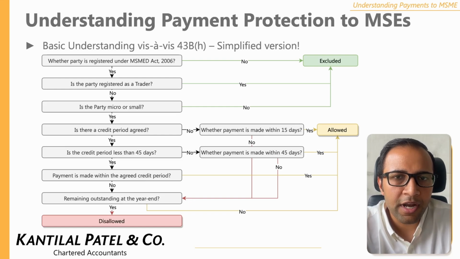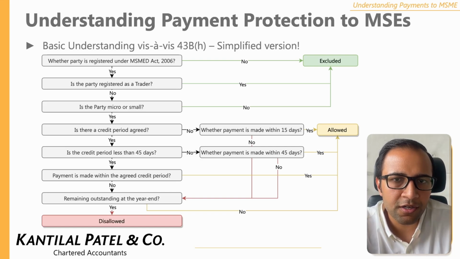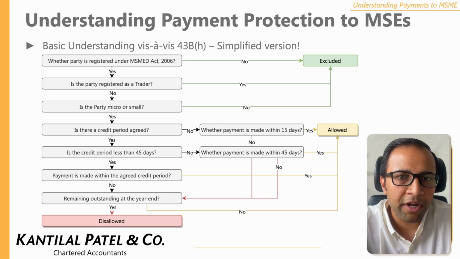If it remains outstanding on the last day of the financial year, then you would reach a stage where it has to be disallowed. And similarly, the flowchart where you have a credit period agreed, and if that credit period is less than 45 days, then the payment has to be made within that credit period for the expenditure to be allowed. If it is not made within that time period, you have to go to the last question, which is